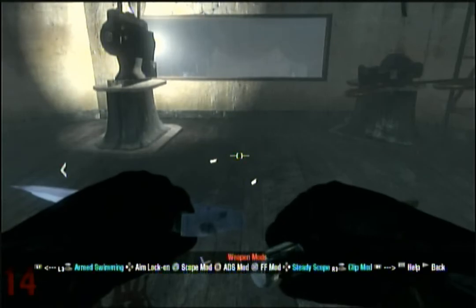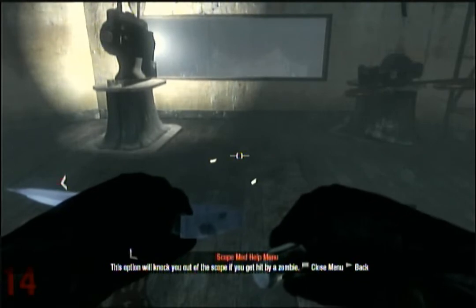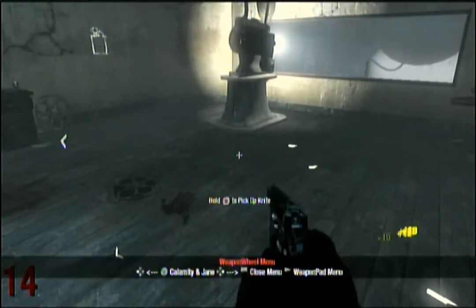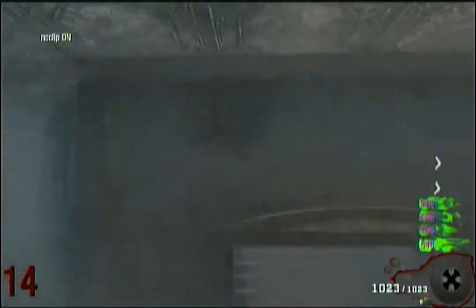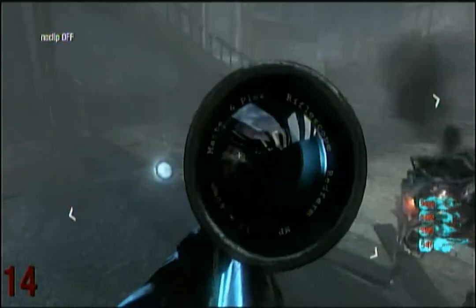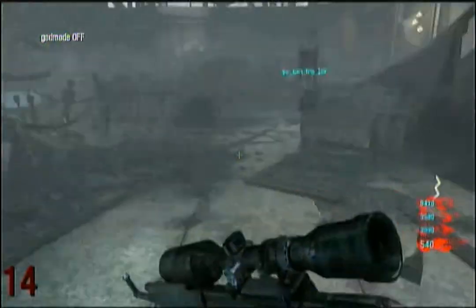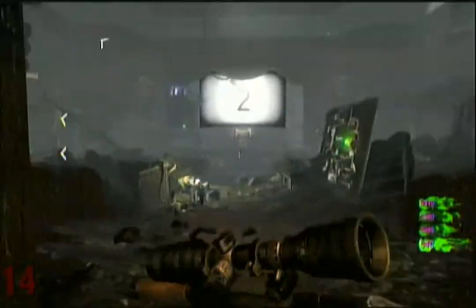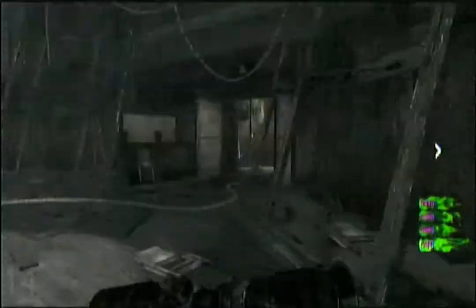Weapon mods. Scope mod. This option will knock you out of the scope if you get hit by a zombie. Very useful for snipers. Oh, but if I have God mode on, won't work. And of course, they're killing everything. Kind of the point, I guess, but...